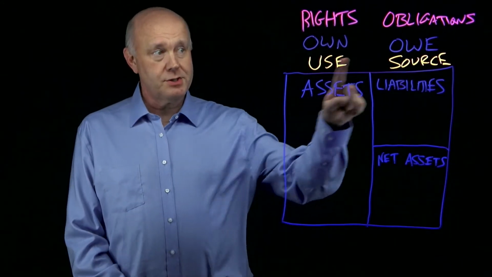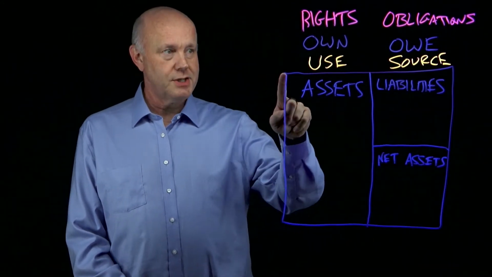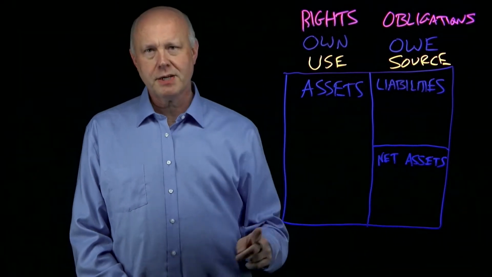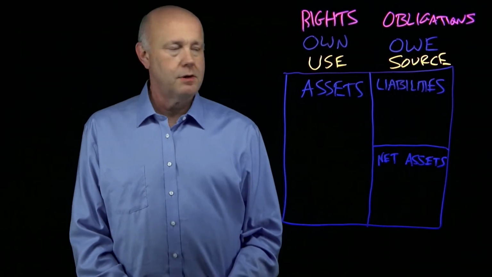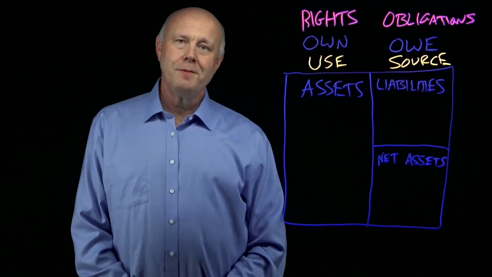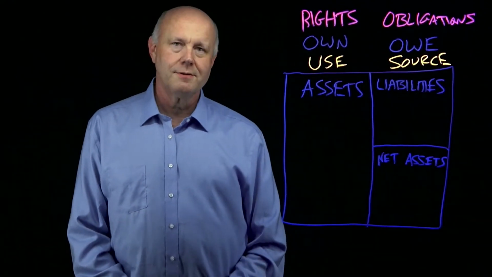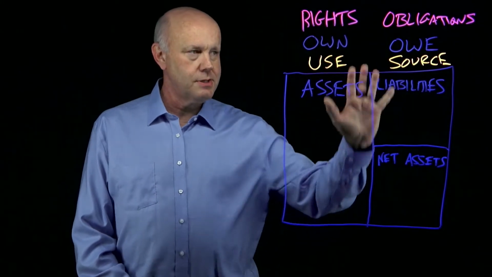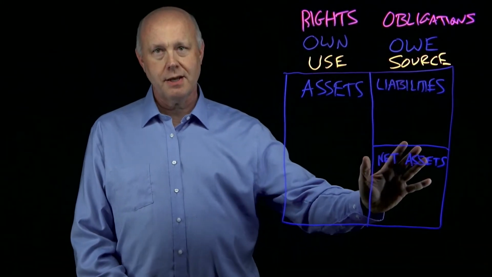And the answer to that question is from the beginning of this conversation, where we suggested this box is from the perspective of the entity, not the owner. The owner has their own balance sheet, as do all the lenders. They're outside of the box of the enterprise. The enterprise is only about its own assets, its own liabilities, and the net assets that it has obligations to